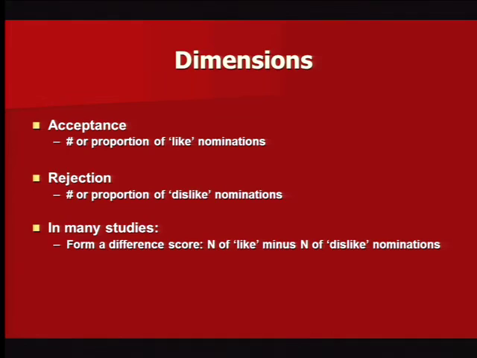Or the classic way to do this is, okay, what did I just say? 20 kids disliked me. Only 3 liked me. What's 3 minus 20? Negative 17. My peer acceptance score is minus 17. 17 kids more hated me than liked me. So you can rank kids on this different score. We'll talk about what this means in a minute.